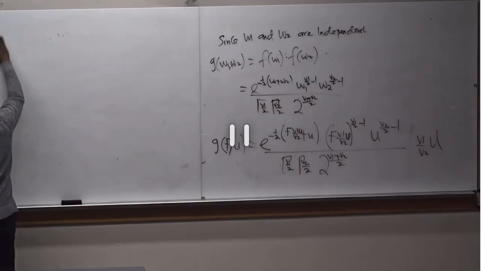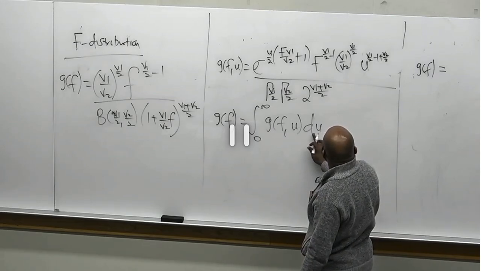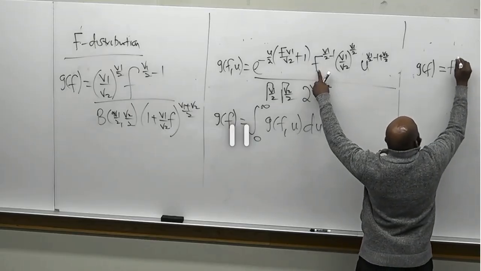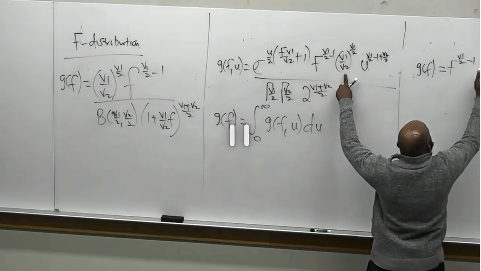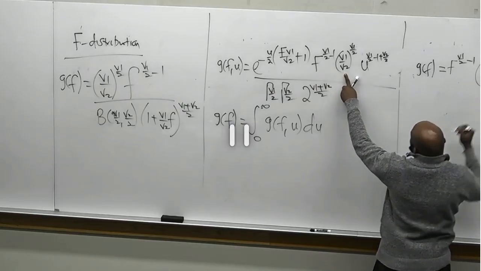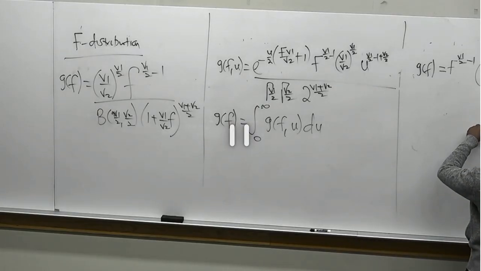But before I do that, because I want to integrate with respect to U, anything that is not U is going to come out. This guy is going to come out, this guy is going to come out. I'm only going to be left with e raised to power U over 2